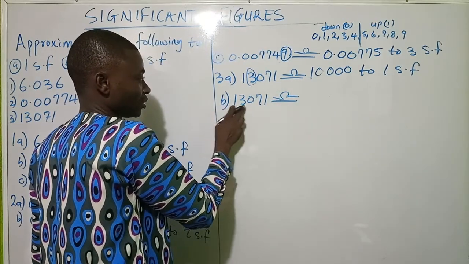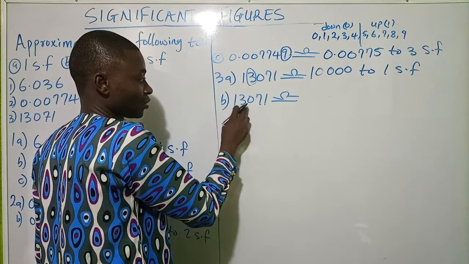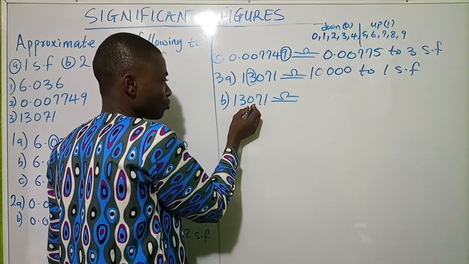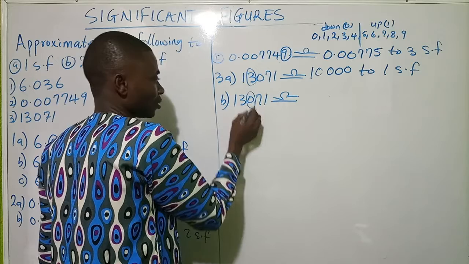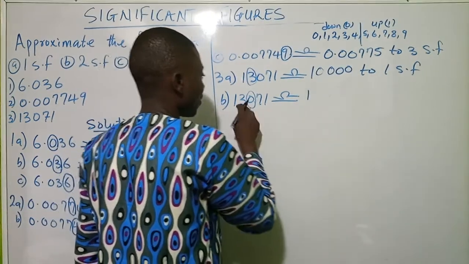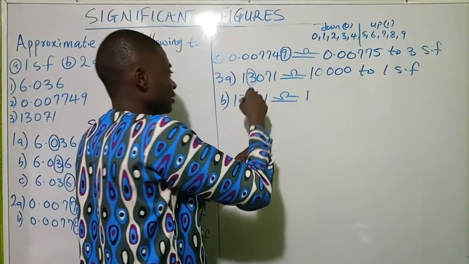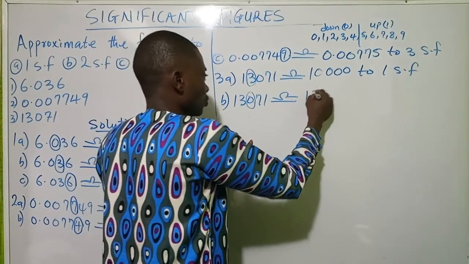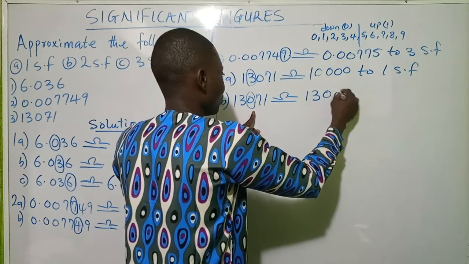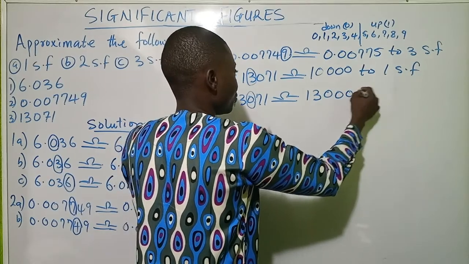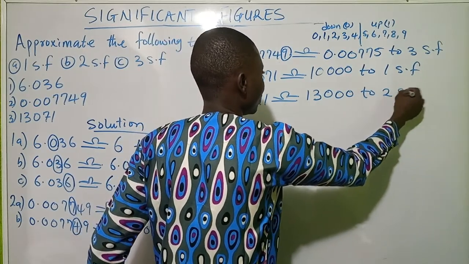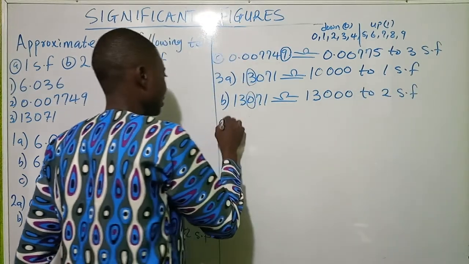It means I want the first two significant figures. This is the only thing we want to write. Now attention will be on this. So that will be 1. Before I write down the 3, I'll ask myself, the 0 falls in what group? It falls in the group for rounding down. That means 0 plus 3 is also what? 3. You change the rest to 0. So this is 13000. And then C